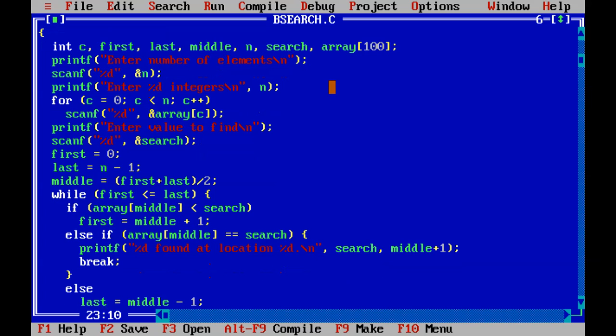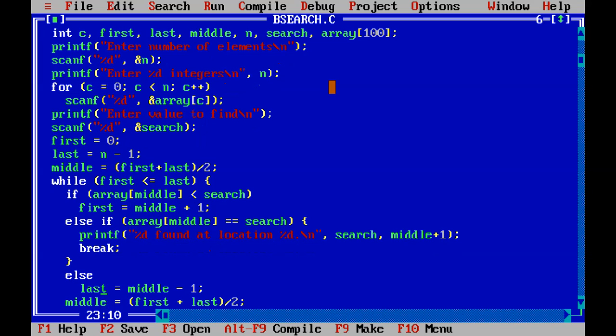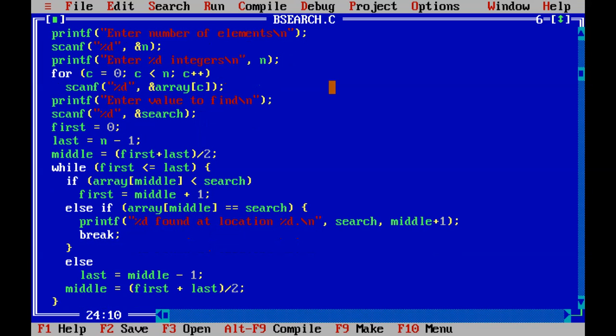Otherwise, the key element is less than array middle, so last will be middle minus 1, meaning from the left side of the array. Then again it will calculate the middle position, from first plus last by 2.